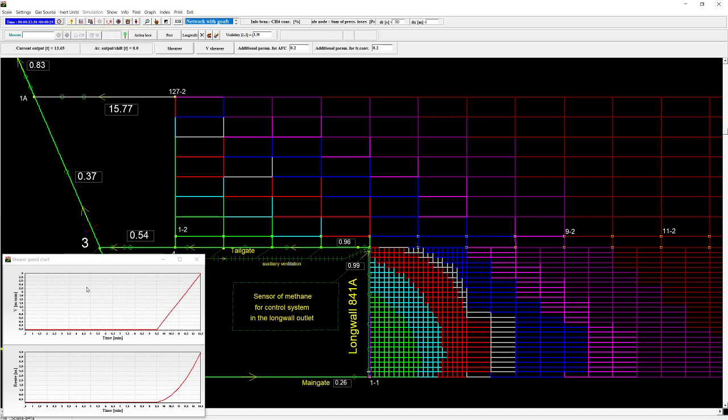The lines denote galleries. So here is the main gate, here is the Longwall, here is the tail gate. The arrows indicate the flow direction. Rectangles indicate the methane concentration in particular branches. The grid shows the groove adjacent to the Longwall. So we've got the target Longwall at which we will watch the controlled operation of the shearer, and this grid shows the groove of this Longwall, which